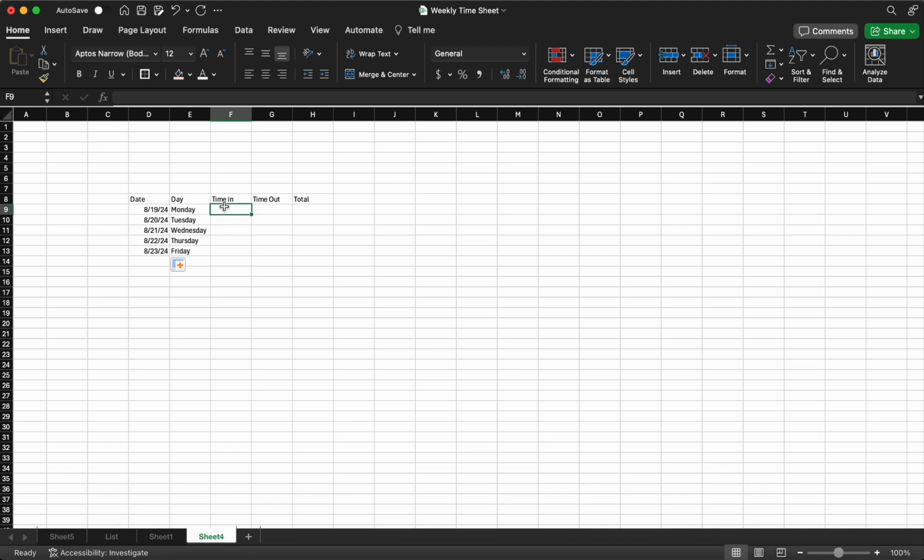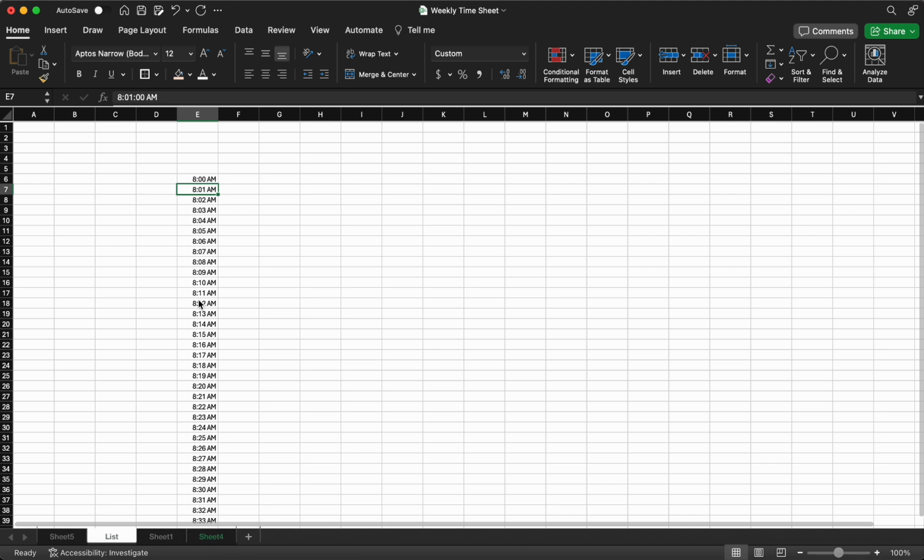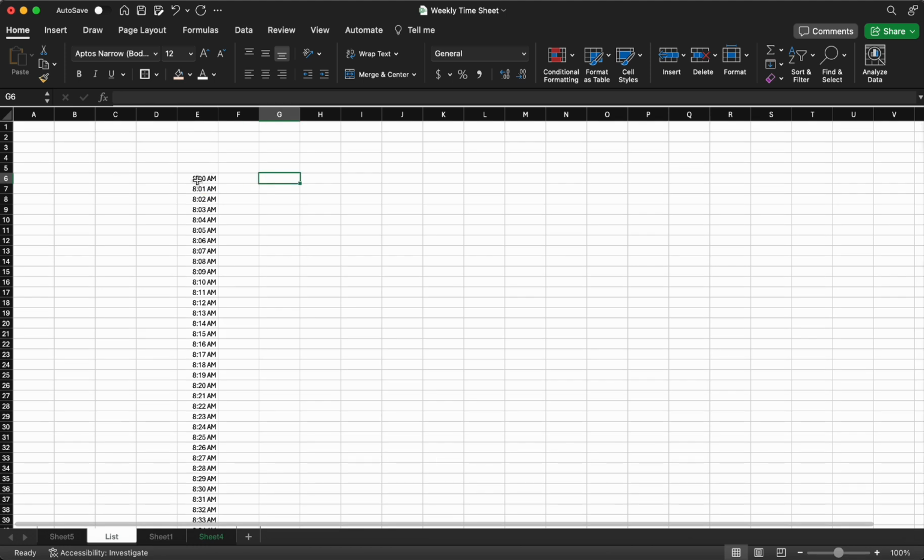All right. For the time in, what are we going to do here? We are not going to enter the time manually. If we do it like this, and every day we have to enter the time manually, we can put some control, some validation in this cell. So what we are going to do is create a list, which I have already created here in this sheet. You can also go to a new sheet and create a list of all the times from the start of the shift to the end of the shift, and you can also do that by drag and drop